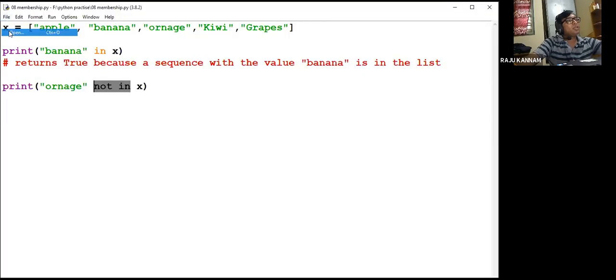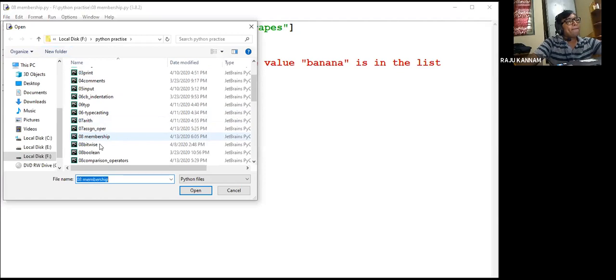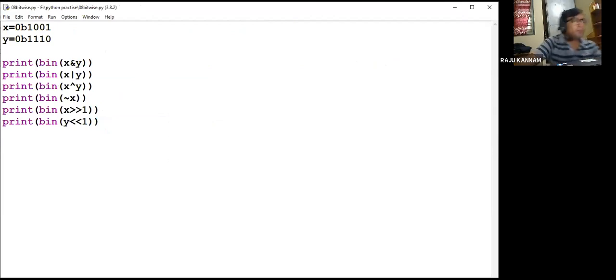So this is the last operator example. Here I'm taking two variables, x and y.